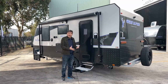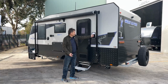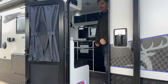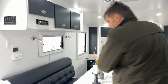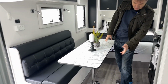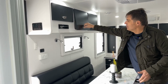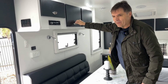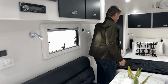Let's go inside and have a look at this Great Alpine Bright 17 foot couples van. As you can see, we have a door handle here with a built-in light. That's convenient. If you're like me, you need a bit of a hand getting in. Awesome. Come on in. There is a lounge which will comfortably accommodate 2 people and I guess the grandchild perhaps may want to travel with you. You have a table which is removable if you want the extra room, but really, why would you? You can see you've got your entertainment center, you've got overhead storage here, and you can see the overhead storage, it is hinged with powerful struts and latches that are very firm, and this is not going to open while you're traveling. To the front, you can see the reading lights, you can see a double bed,